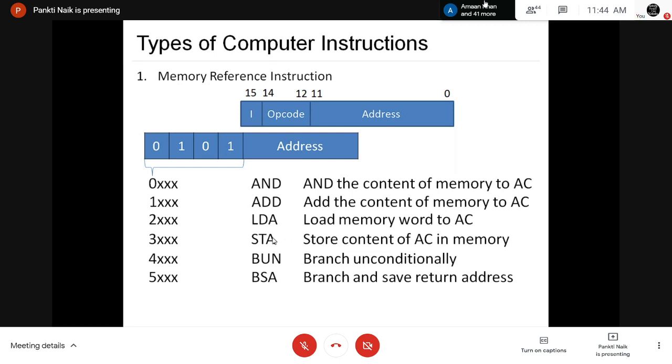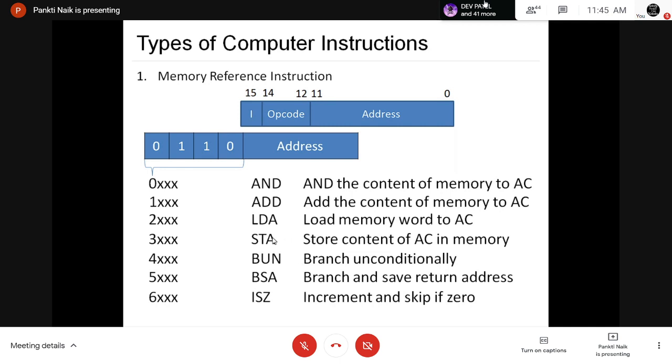The BUN instruction is used to branch unconditionally, and the BSA instruction is also used for branching but saves the return address. Next, if the opcode value is set to 110, then the instruction is ISZ, that is increment and skip if 0.